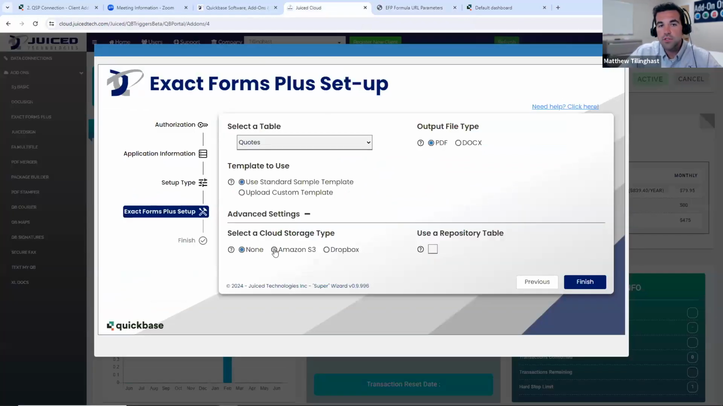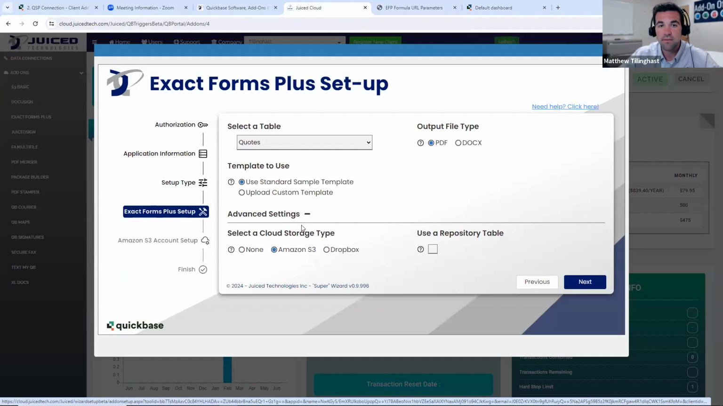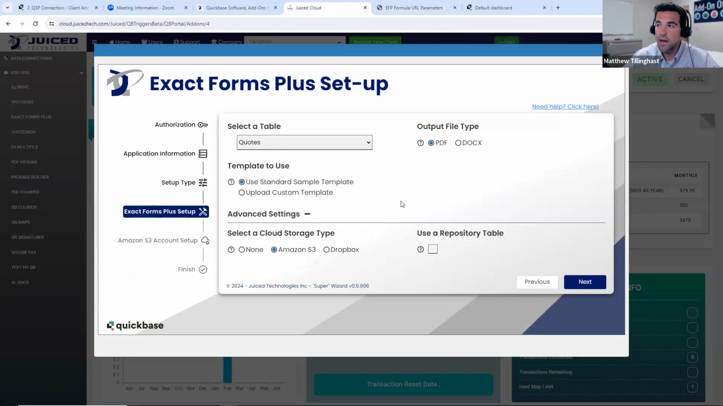We now give you the option to set all that up right away. So you can see when I click that bubble, we now have Amazon S3 account setup information as the next step in the Exact Forms Plus setup. I think that's a really great improvement, because clients don't need to come back in and make changes to